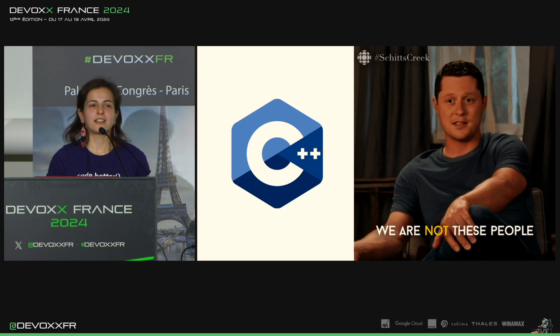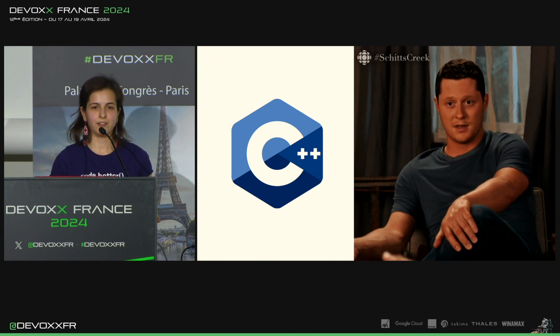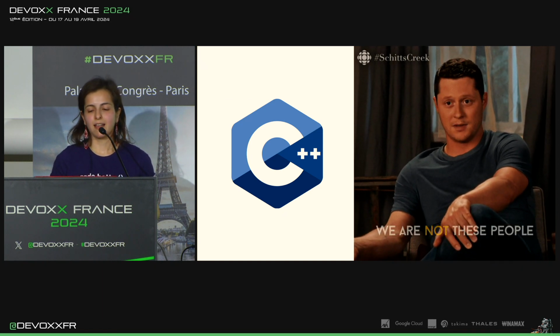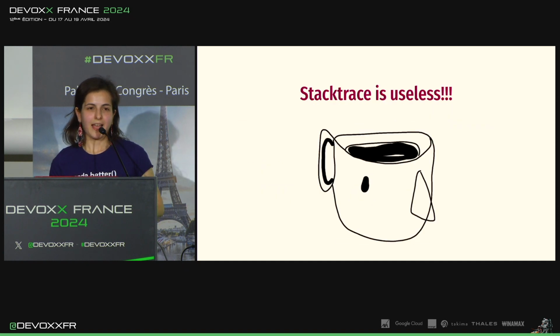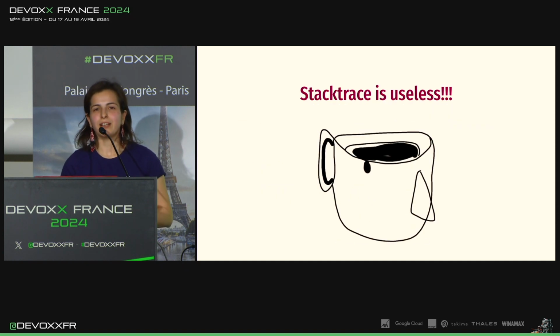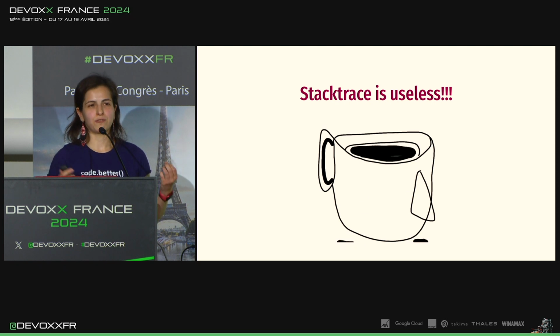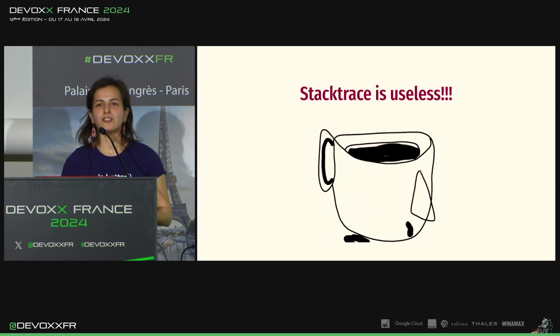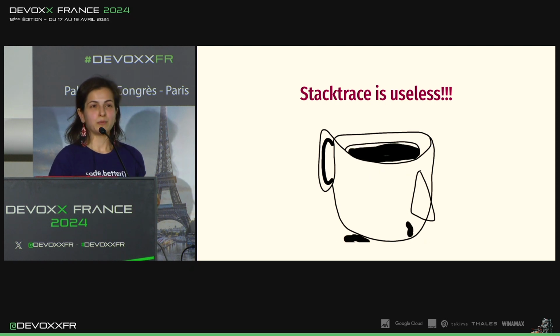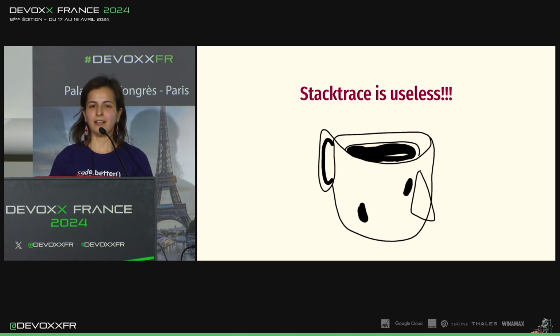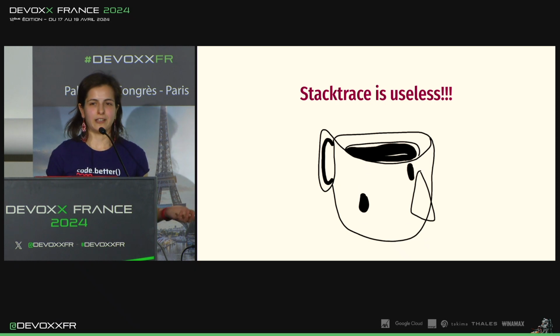If you have a stack trace of the out-of-memory error, the best thing that you can do with it is to take it carefully and throw it away. Because when you have out-of-memory, the stack trace is close to useless. Why? Because out-of-memory happens when you run out of memory, but it doesn't show you where the problem is. The problem could have happened somewhere else. Something else could have eaten lots of memory, and then there is just a normal function that tries to operate, but it could not because there is not enough memory.